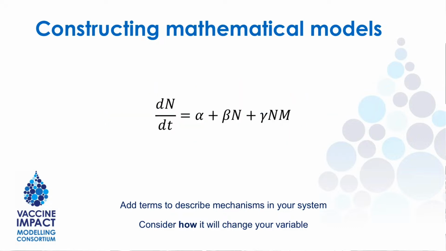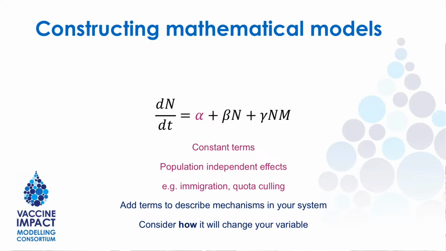So let's start with something that looks a bit like this. Here I've got my population N. I'm thinking about how it changes over time. And I've got some different terms in my equation for it. So this first term is a constant. Alpha, just a number, it's a constant. What does this capture? Well, we had an example like this for our ducks. If we just think about that on its own, here we're saying that the rate of change of our population